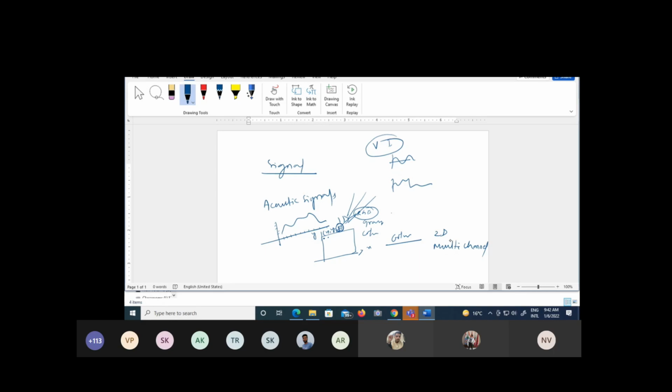Can you give an example of a three-dimensional signal? Video signal. In the video signal, we have multiple images, but images are already two-dimensional. But when we take the set of images and it varies with time, then it is a three-dimensional signal, which is the video signal. So these are basically signals.